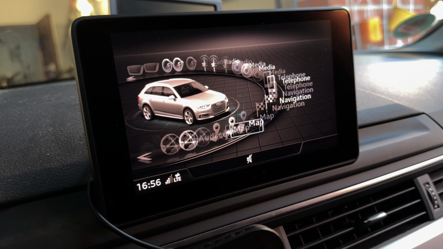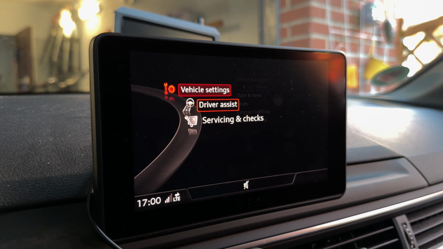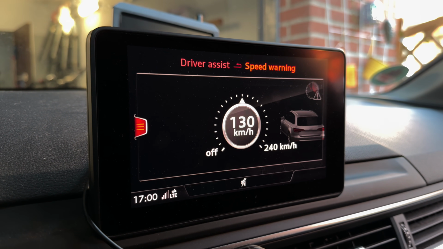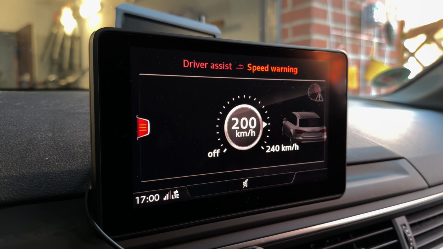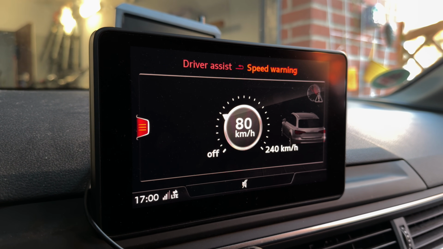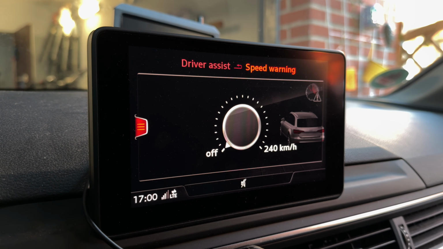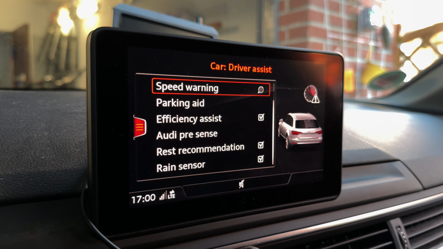So now let's perform a clear setup of our car, interior and additional parts of our car. So we navigate now to car settings. You switch to the drive assistant. You can choose speed warning. You can now enter here how fast your car should be, and then you get a warning sign and a warning information, and so you can then be not so fast if you like that.